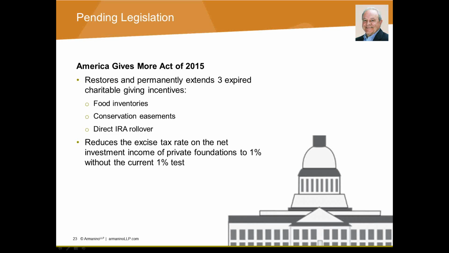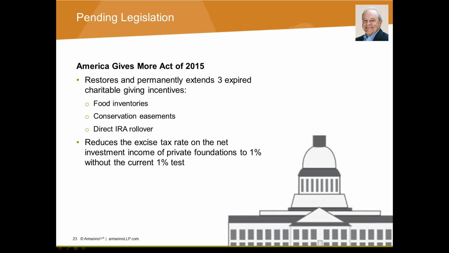expired dealing with charitable giving, affecting contributions of food inventories, contributions of conservation easements, and to restore the direct IRA rollover. All those provisions expired at the end of last year, and there's a movement afoot to reinstate those for 2015 donors. Also, there is another one that has been discussed for probably 10, 12 years that I can recall,